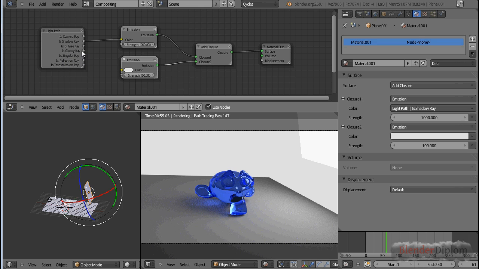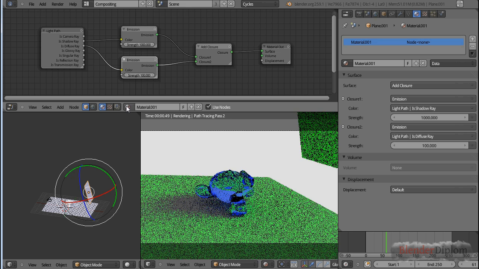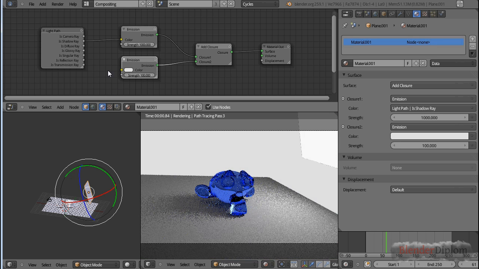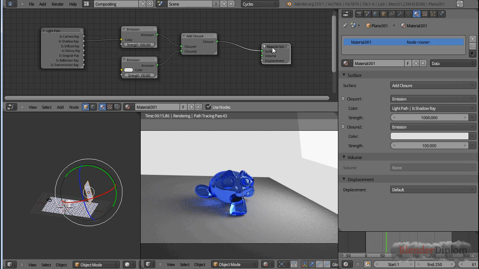So if I just make this diffuse ray, I'm sorry, I actually do not know why this turned green right now. So I'm just gonna unplug this again and leave you with that. You can no longer cheat with the materials. You can't say I don't want this to cast a shadow, to my knowledge, but you can cheat with the lamps. So this, I think, is a very nice feature because it gives you a lot more control over your scene,